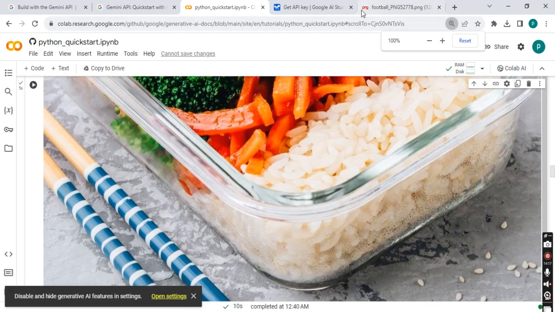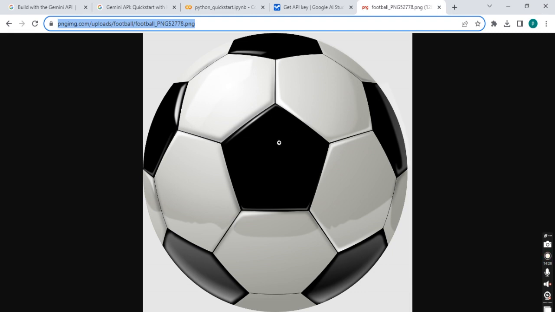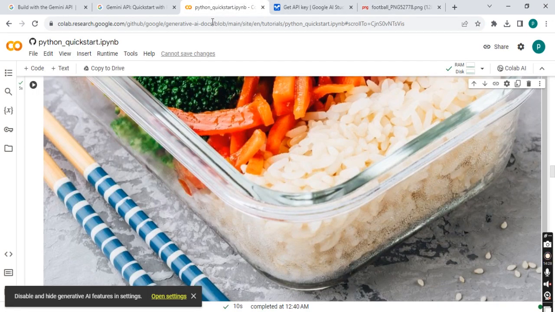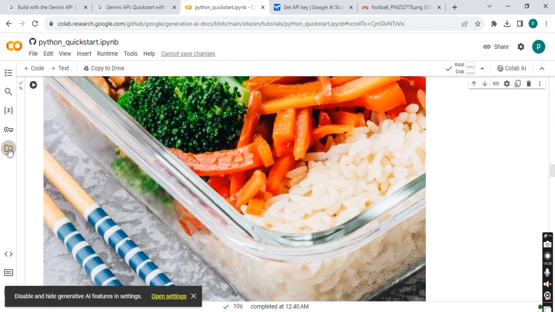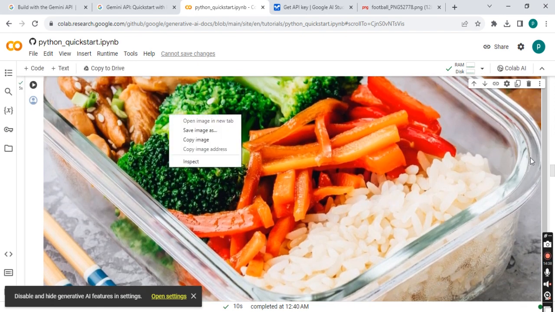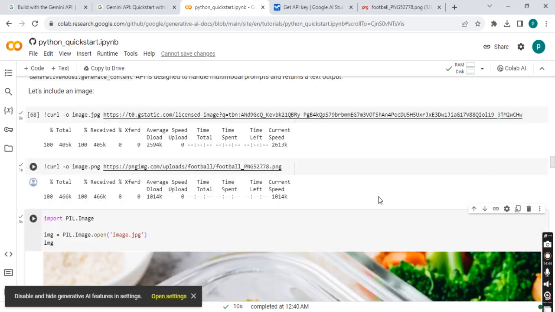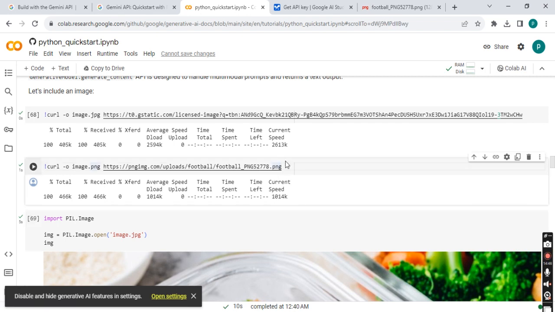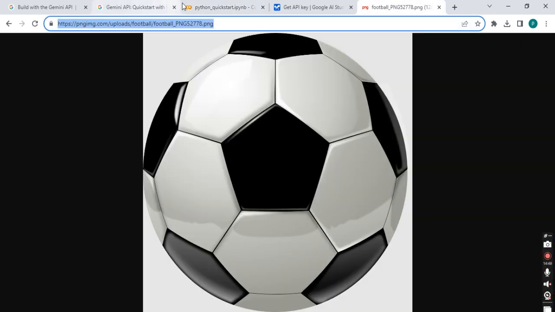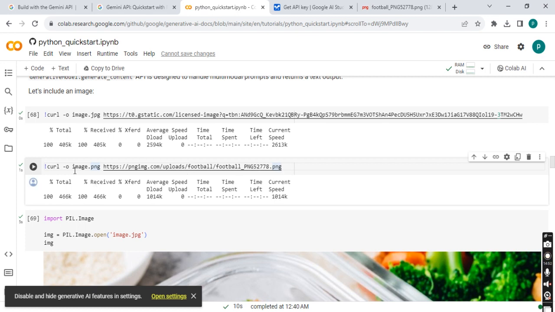Let me try with some other image. So I searched on Google, and I opened this football or a soccer ball. I'll just copy the path, or you can also download it and upload it in this folder, and just take it directly from here. So let's try with directly giving the path. This is the path, this is a PNG file which I took here and pasted. If I run this,